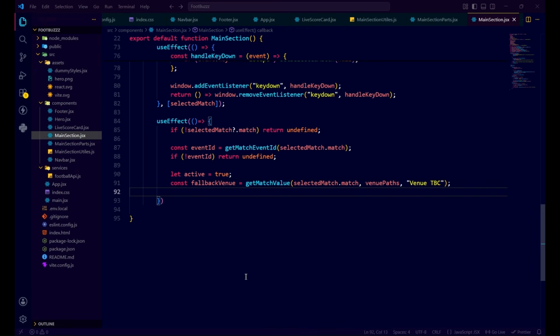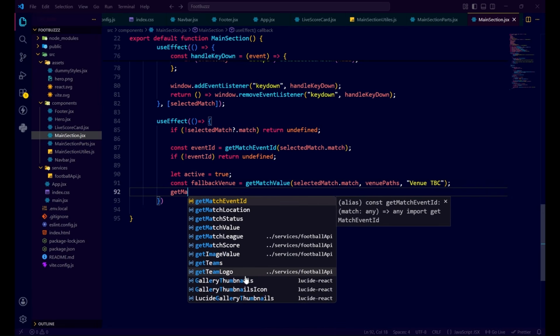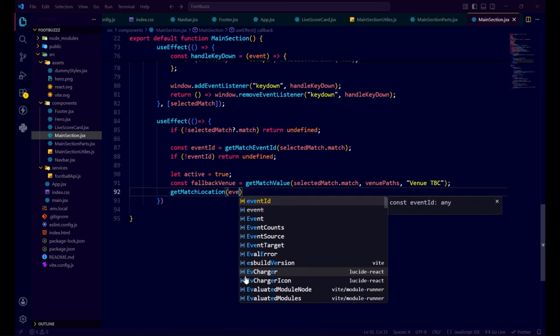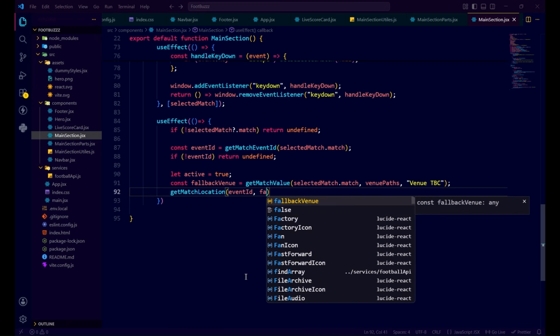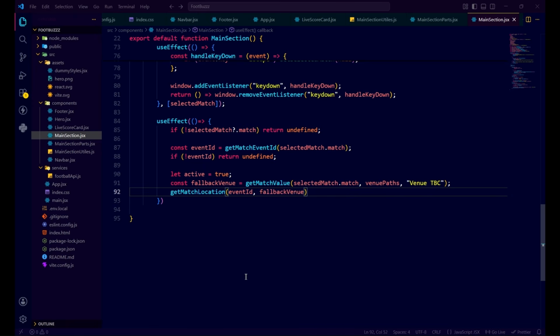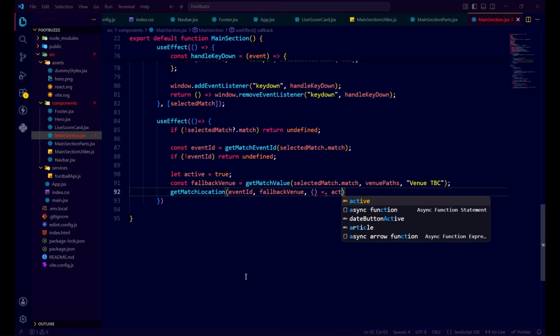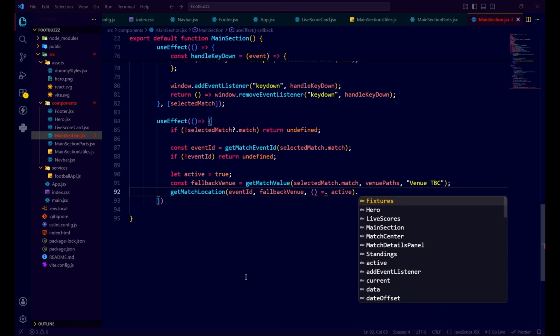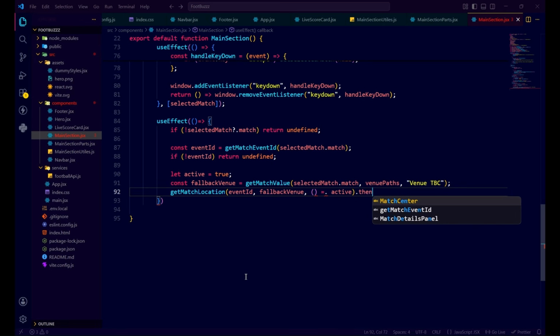Now after that write a listen getMatchLocation, inside which we'll pass the eventId prop, comma, fallbackVenue prop, comma, let's open an arrow function, write active.then